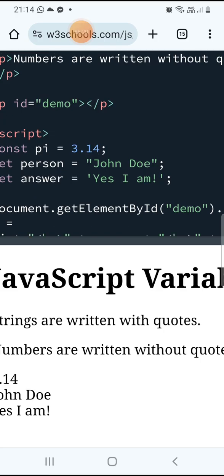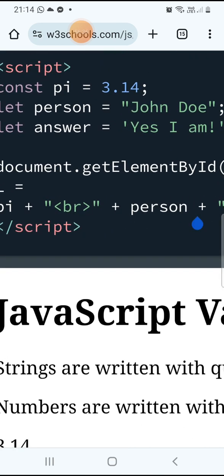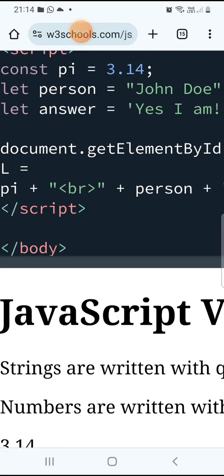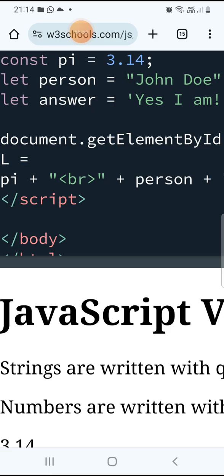Now this get element by id method is used to find the HTML element by the id attribute assigned with demo. The inner HTML property is used to find the content. Inner HTML is assigned with pi plus br plus person. Pi is a variable that is assigned with a value, and person is a variable, plus